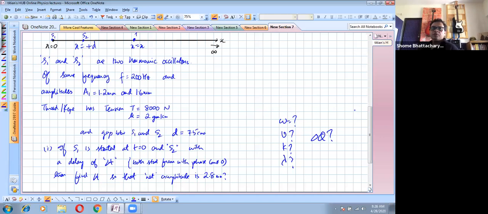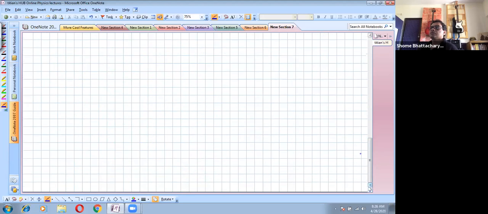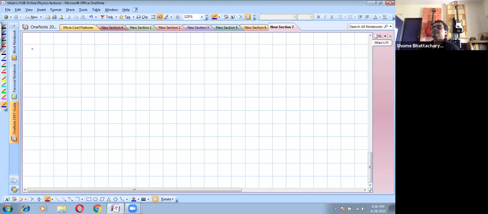So omega is 2 pi by lambda. So in this case, omega will be 2 pi, no matter. Because lambda is 1. No? Sorry, omega is 2 pi f. So correct. That's 400 pi. Very good. So your starting point becomes this actually, that